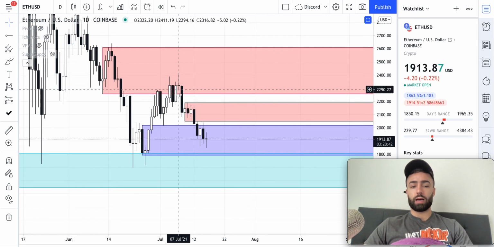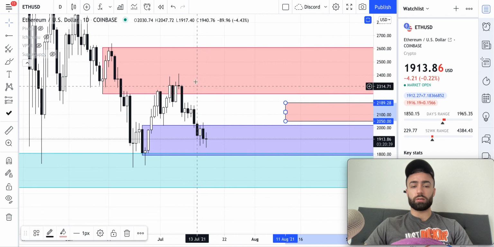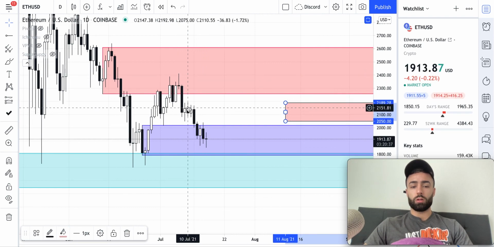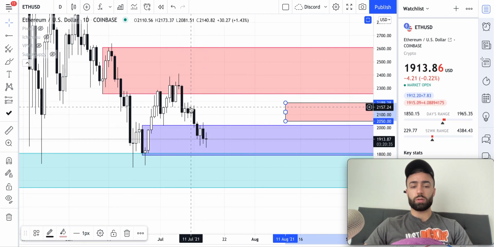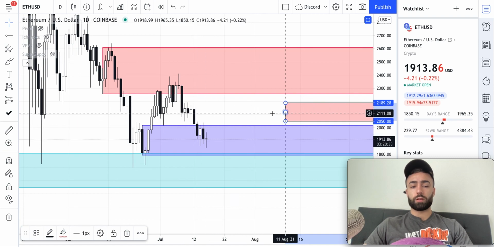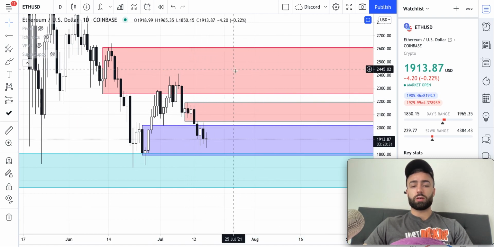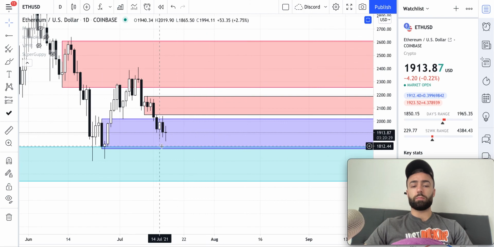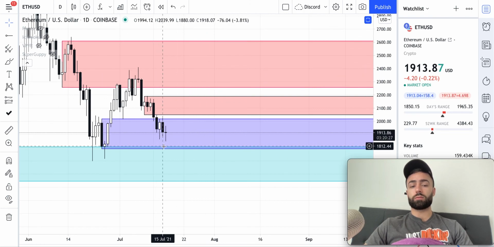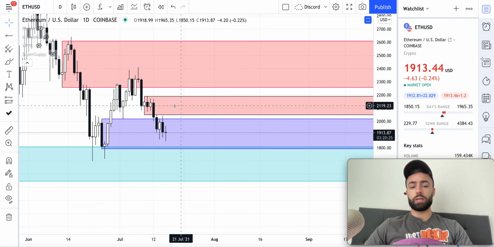So this is where we had a high, low. If I move this for a second, you can see high, low, lower high in comparison to this one, and then lower low. So this is our main resistance zone. So if we do end up coming up in the next week to form a lower high, it could potentially be somewhere in this